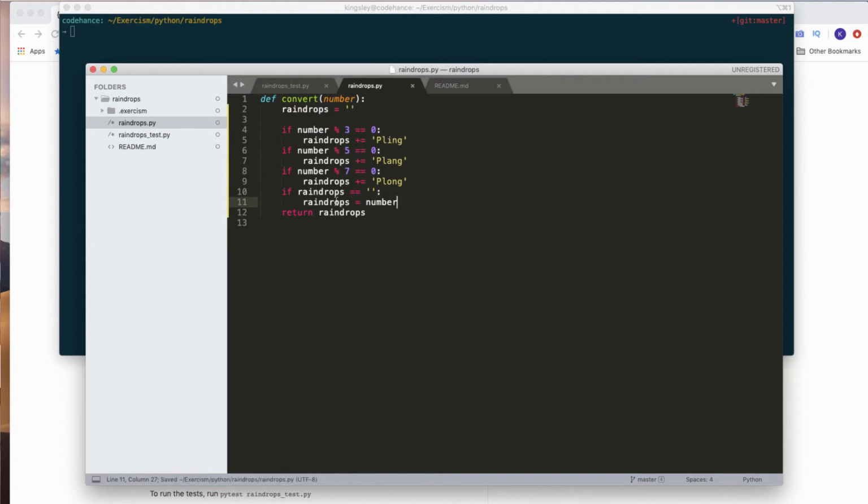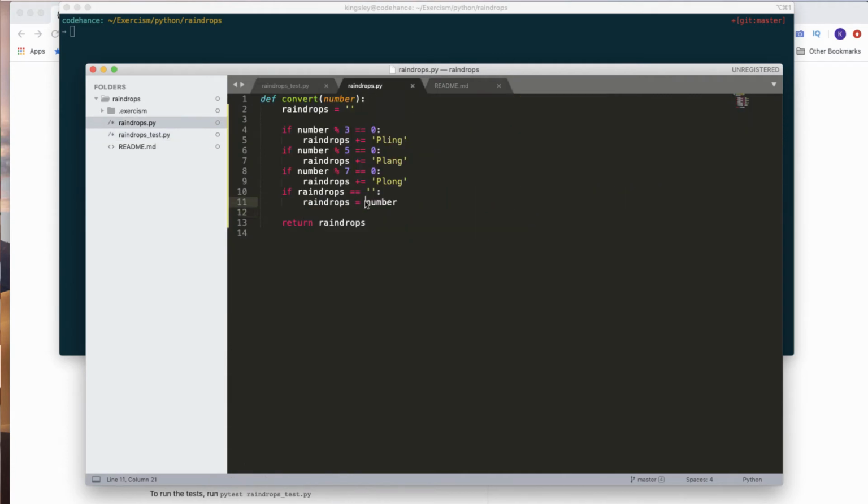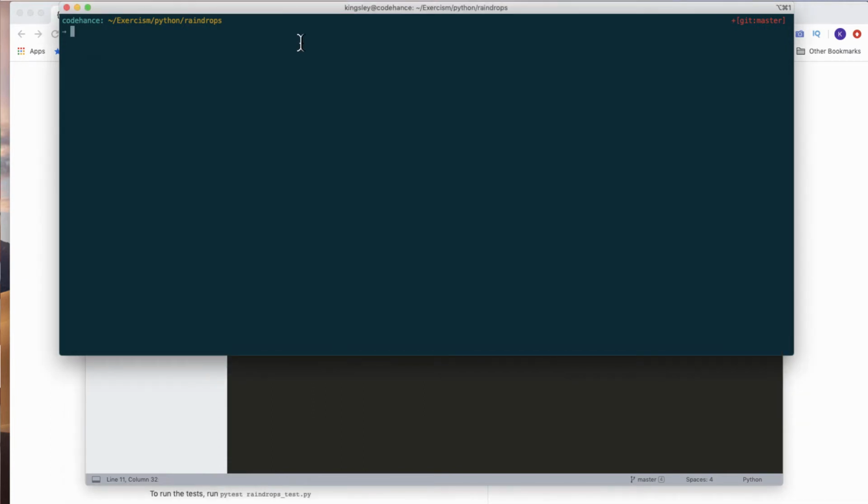Okay, so that's what we want. Save that, so that will return a number. This is a string, so we want to make sure it returns a string number instead of just a digit. Okay, with this done, we can run our test,